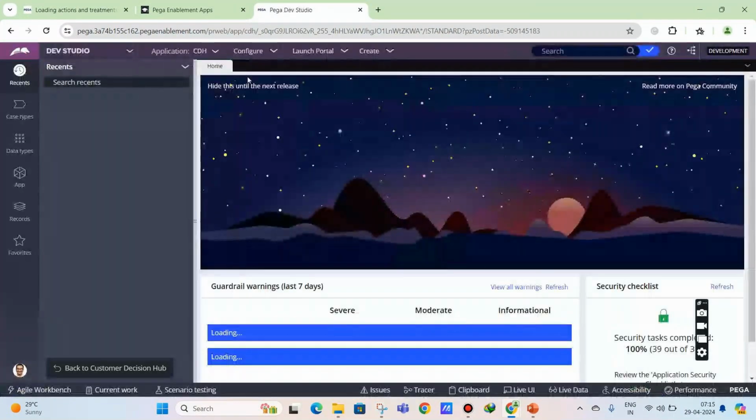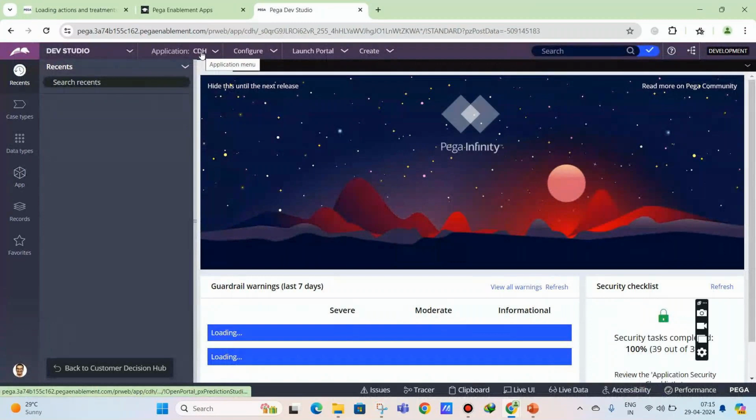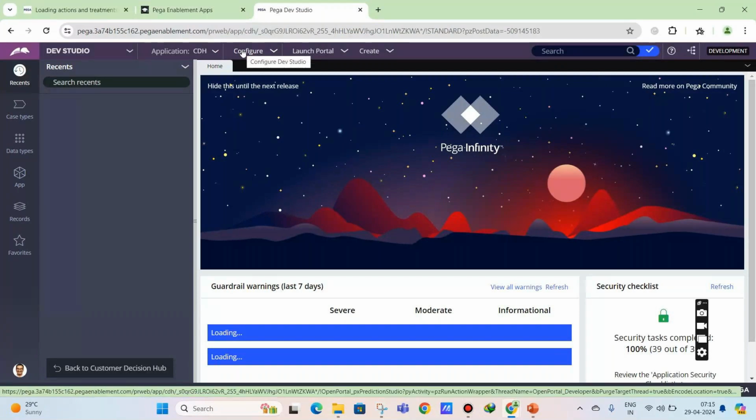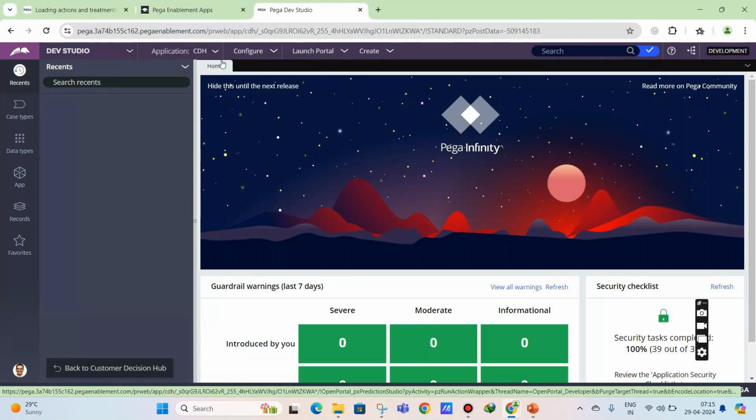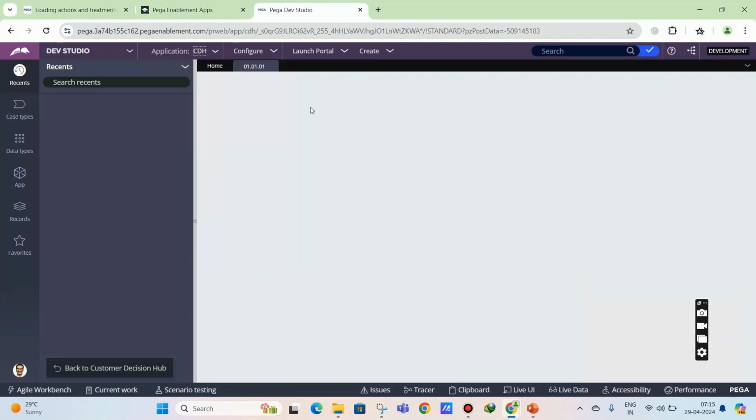So in the last session, we created one application that is called XYZ promotions. I'll create it in the backend, and meanwhile we'll proceed with the session with the topics that we have for today's agenda. Once you create the application, I have explained there are two rule sets that will be created in the backend, which are the NBAD artifacts and NBAD tests. The artifacts rule set is used to store all the auto-generated rules which are created by the